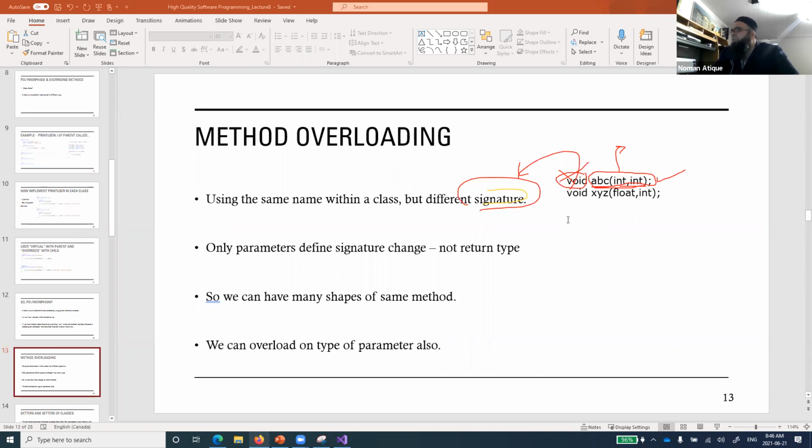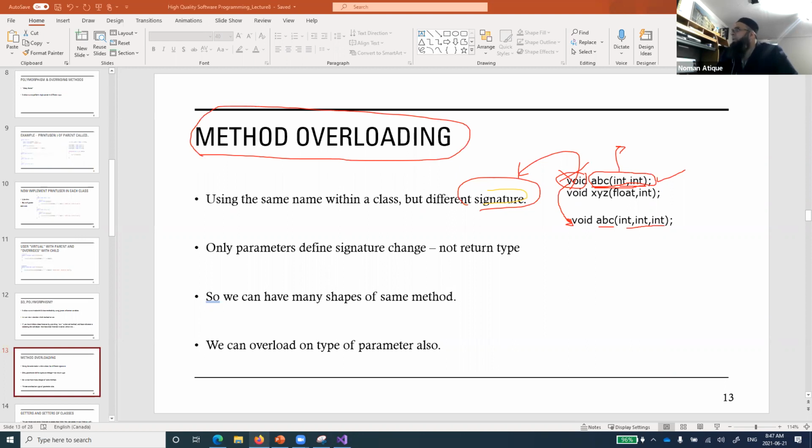But in this same scenario, if I say void ABC int, int, int, now the signature of this method is that ABC can accept three integers. If in a programming language you define two methods with the same name but different parameters, this concept is called what? Method overloading.